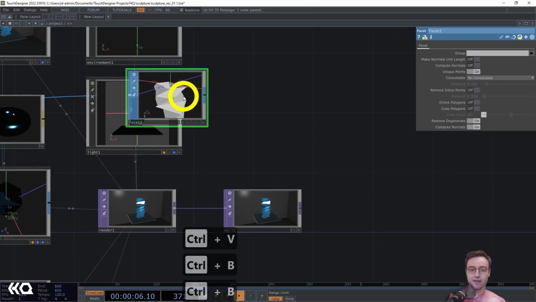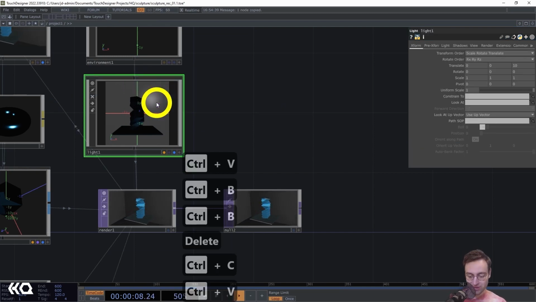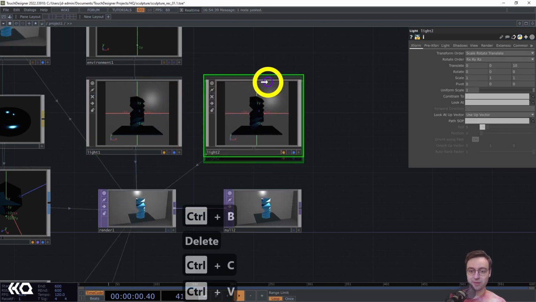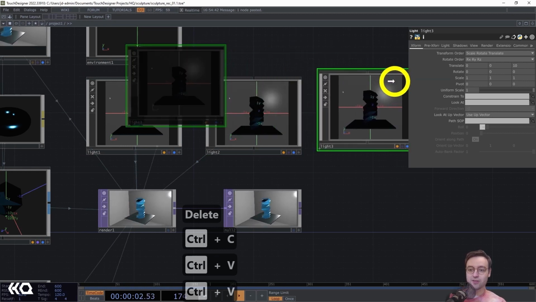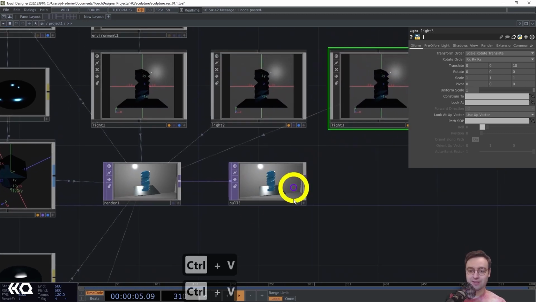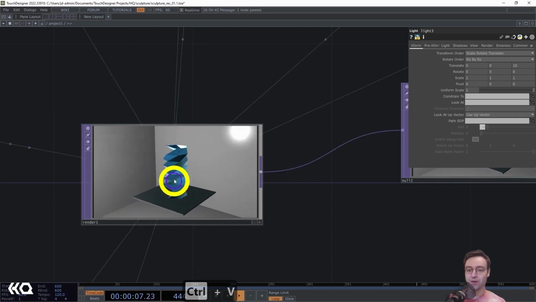Oops. We don't want to copy and paste the facet. We want to copy and paste the light. So I'm going to go ahead and add those in. And then as soon as we've done that, we can actually see that our box, although it is much bigger